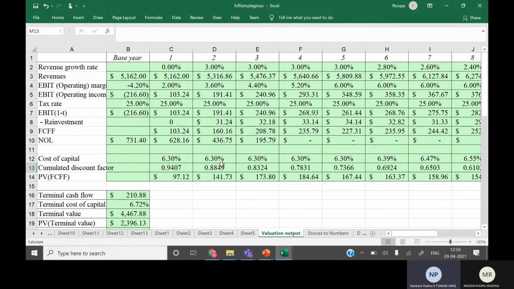Now, can we use only the marginal tax rate? Yes. Here we did not encounter any problem because the effective tax rate and marginal tax rate were the same, 25%. But for all practical purposes, you can say that we will make use of the marginal tax rate. Is there any problem in making use of the effective tax rate? No, in the earlier years. But in the event of confusion, which tax rate should be used here? We should use the marginal tax rate. We'll go back to the slide.